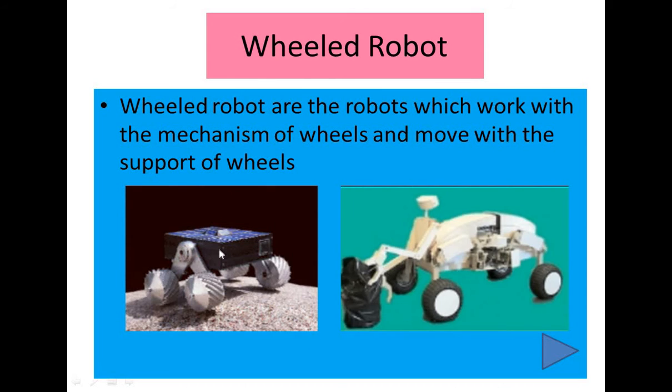Now the simple robot I was talking about, if you can see this robot, it can be made with just some wheels and something like a matchbox, and this is only connected. Now this robot works with friction. Its wheels don't move on their own. If you take a slope and I descend it down the slope, it will move on its own, and this will be a simple bot, the simplest bot you can say. It will work on its own because it can move, so it's a robot. Now these are all wheeled robots.